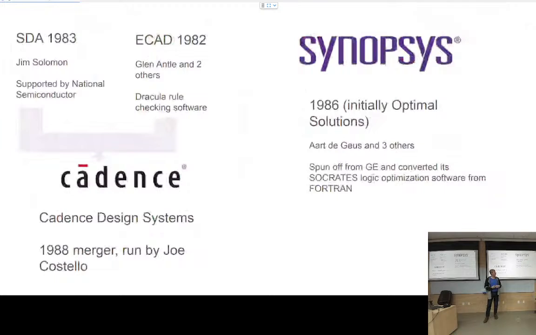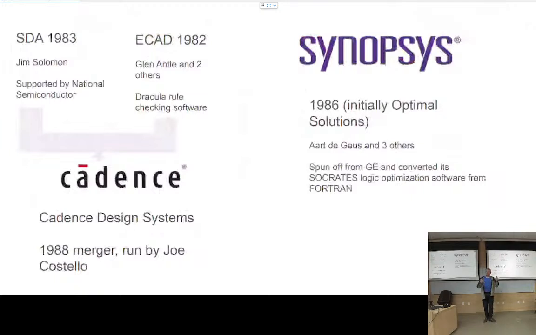And they actually advertised this, and a company called Sun Microsystems invited them, said, "Oh, can we see a demo of this?" So they took a design that Sun had spent 6 months optimizing. It ran through their software, and then it was suddenly 30% smaller. And they said, well, how is it possible that in 5 minutes you now have a design that in 6 months we weren't able to get? And so